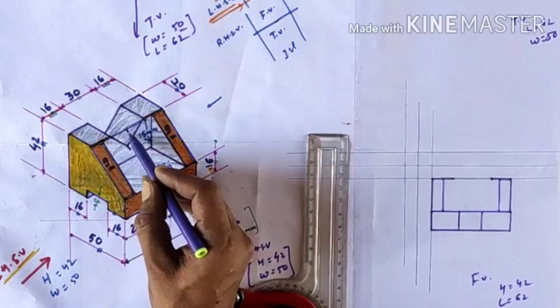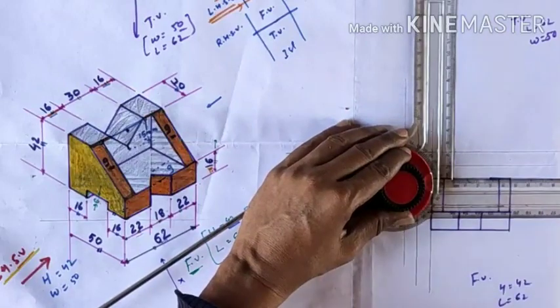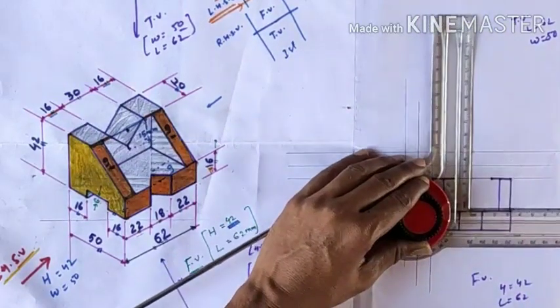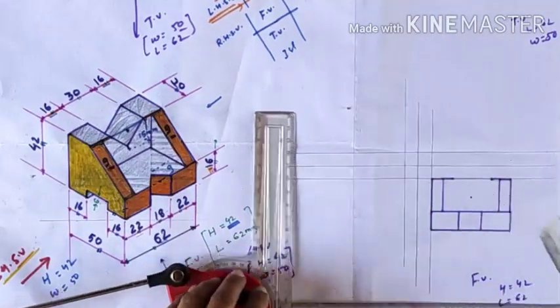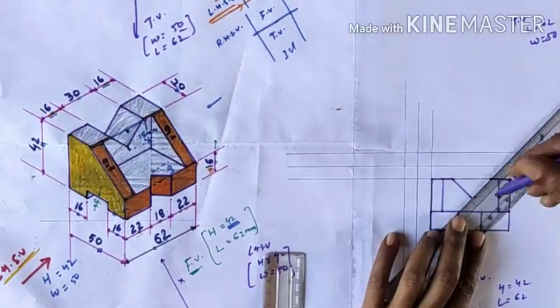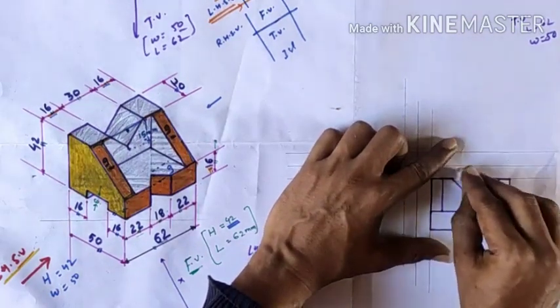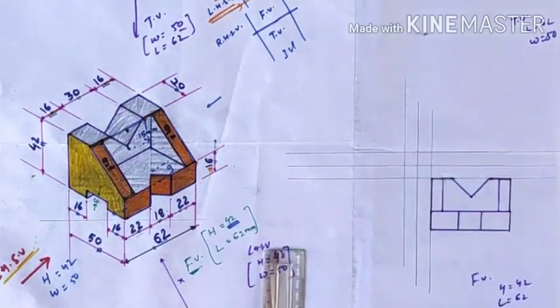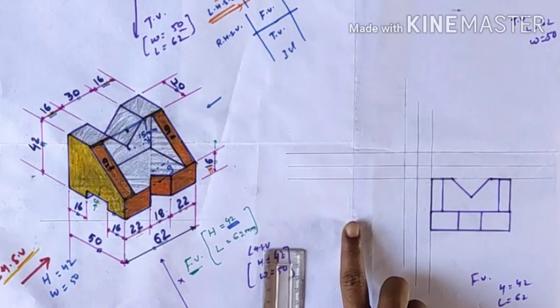Now what can we do next? From here we draw 15 mm below. First we mark the center point of 50 mm and draw 50 mm straight below, and join these two lines. Then it is a complete front view. Now erase the extra lines. This is your 2H pencil, and this completes with the HB pencil. One more line, the center line, remains, which we draw when we draw the side view.